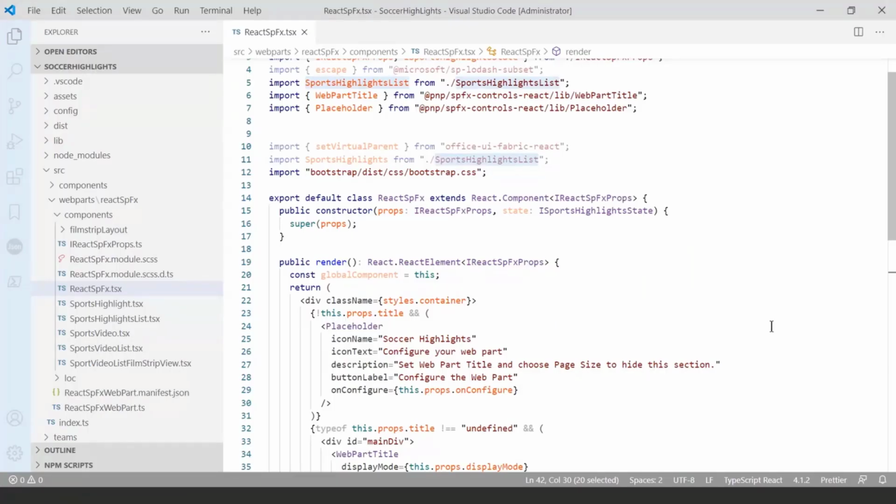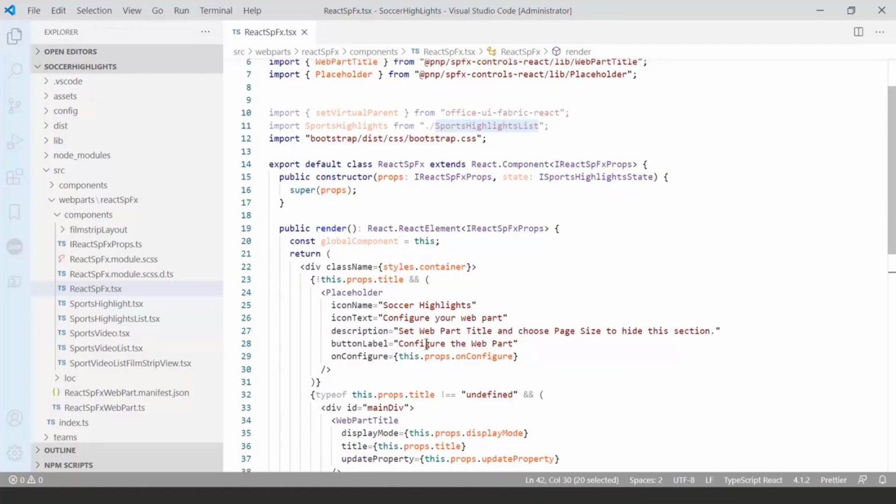As I said before, this is just starter code, from somebody who's learning and developing things for fun. The web part, as I said, basically uses the SPFx reusable controls, like the title. I can't believe I always start from scratch and try to do it myself. And then I realized that you can just drag the component or the placeholder inside, and it will handle everything for you.